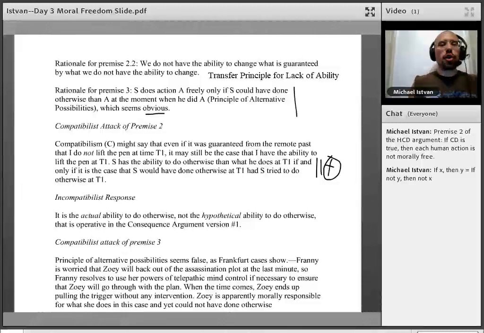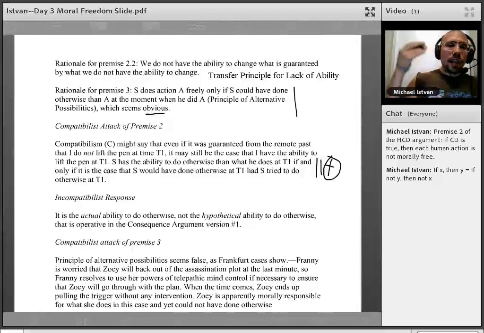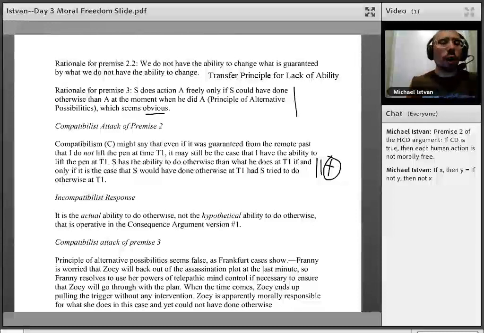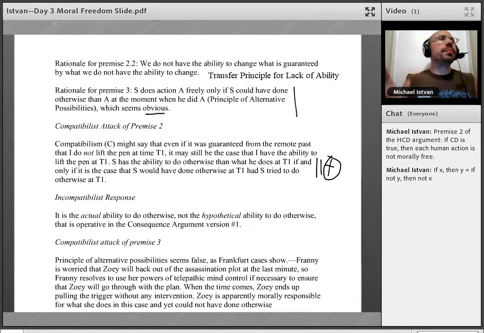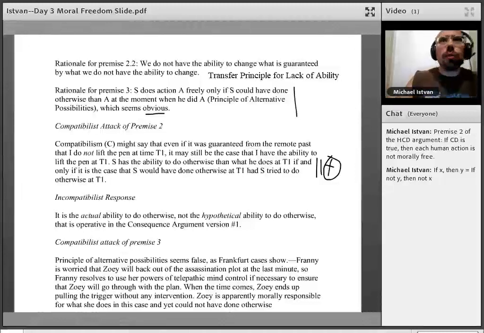Although I'm not the sort of creature who can fly, I am the sort of creature that can lift or not lift pens. Compatibilism is concluding, therefore, that we can have the ability to do otherwise, even if all of our actions are guaranteed by the remote past that we do not have the ability to change. So you see, they have a relatively watered down view of the ability to do otherwise. This isn't a negative judgment. And it's not like this watered down view is not tracking with reality. I have, as a human, many abilities. I'm the sort of creature that can dance. Like, I'm able-bodied. I can start dancing right now. I can go blah, blah, blah, blah.